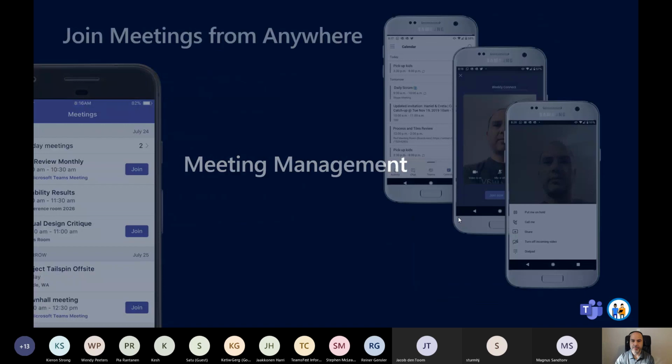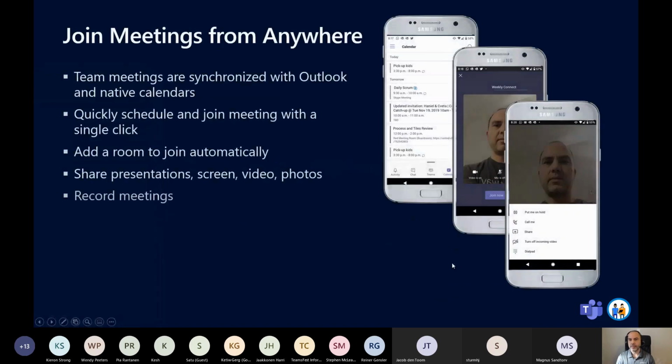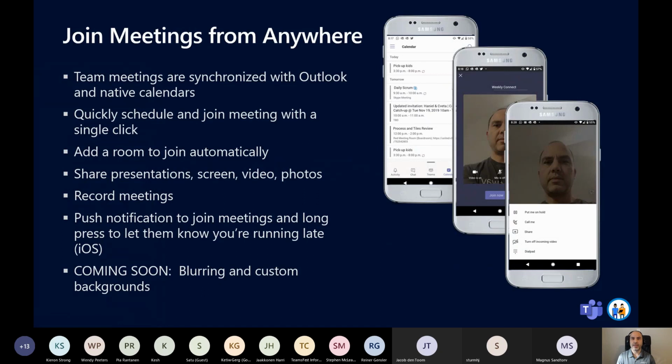All right, meeting management. As I said before, one of the big things about Teams is being able to have messaging and conversations, adding that component to what SharePoint and Groups offered for managing the content. So this is the communications component. You can easily create meetings directly from your phone. You can actually have meetings with multiple people at the same time on your phone, and even go as far as sharing content and running a meeting without people even realizing that you're not there.